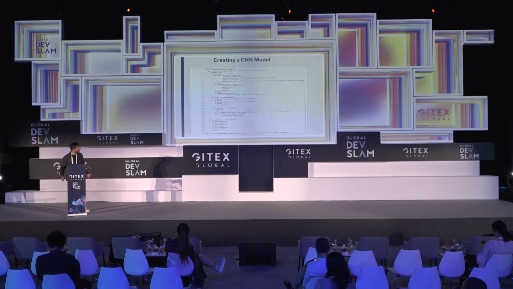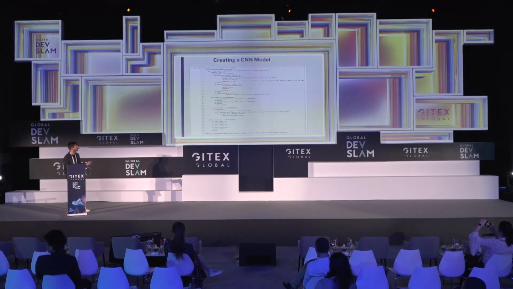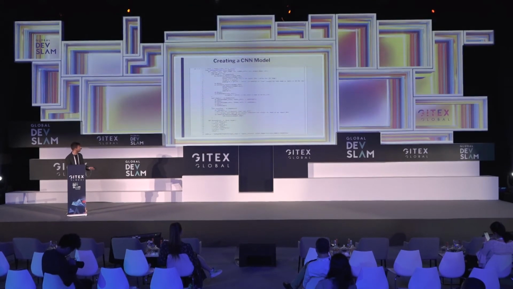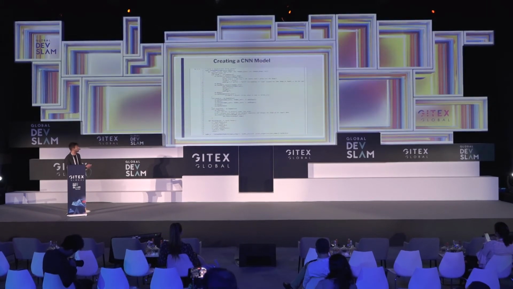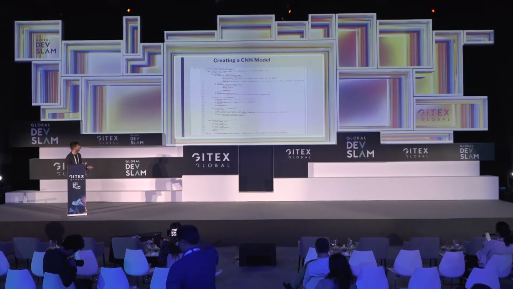As you can see, I have created 3 layers of Conv2D. Conv2D is basically your convolutional layer. Why I have used 2D is because my image data consists of height and width, so therefore it is 2-dimensional. You can even train it on 1-dimensional data or on 3-dimensional data using Conv1D and Conv3D respectively. So there are in channels, out channels, kernel size, stride, padding, and after that